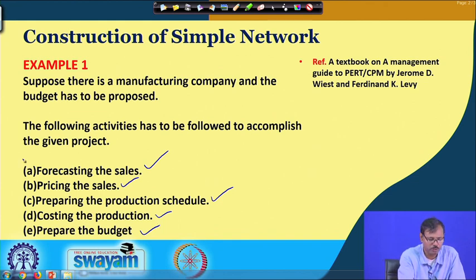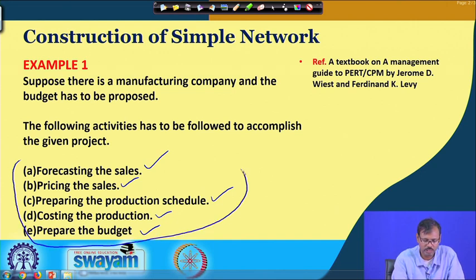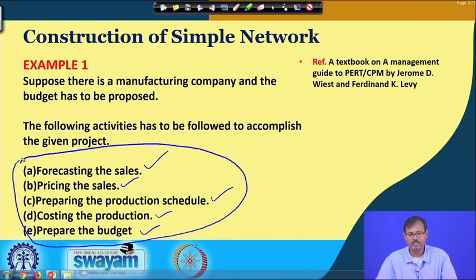This portion is very important, where a person defines which job has to be carried out first, and based on the result of that job, which job can be started. So, construction of a network is not that problematic, because once the predecessors and successors are fixed, it is very easy for a person, even a layman, to construct the network, because you just have to put in the arrow diagram.